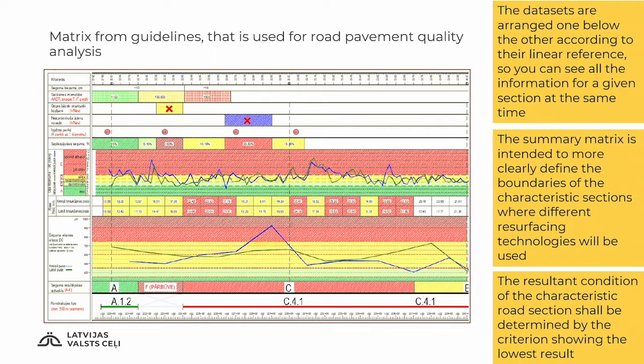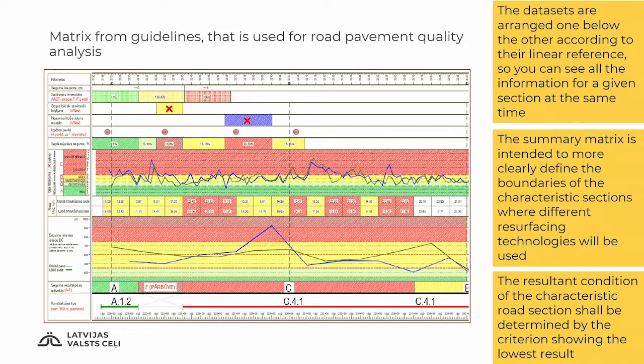The road and street resurfacing guidelines describe the data sets that characterize the quality of road surface and combine them into a summary matrix that makes it possible to more clearly define the boundaries of characteristic sections where different resurfacing technologies will be used. The resultant condition of a road section is determined by the data set or criterion which